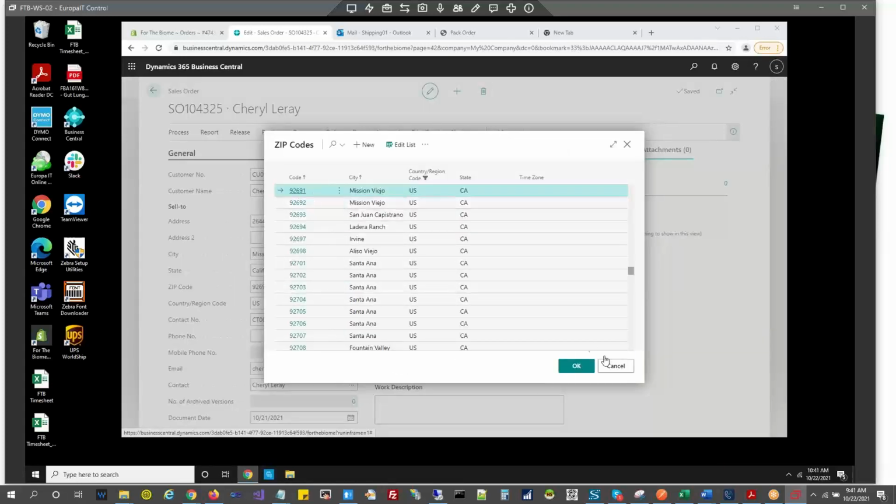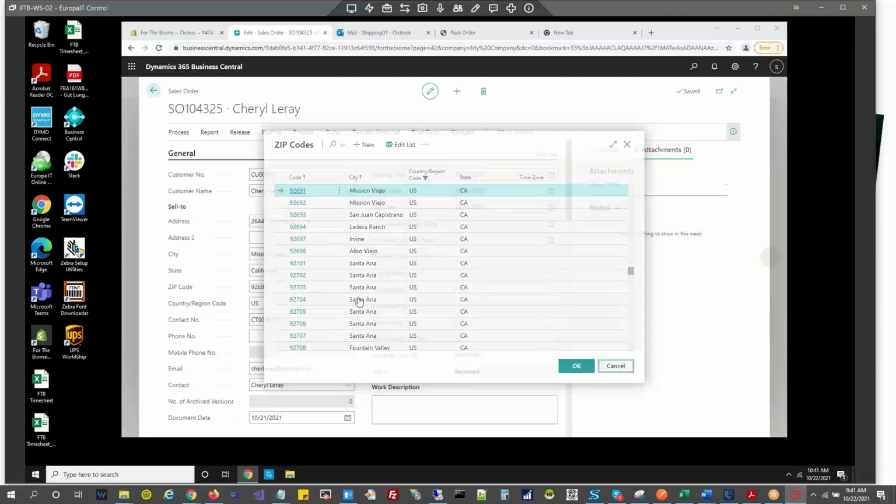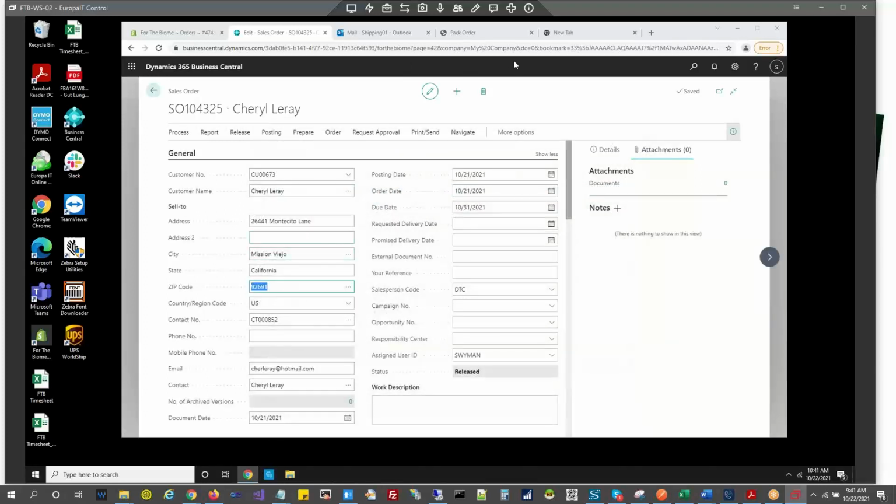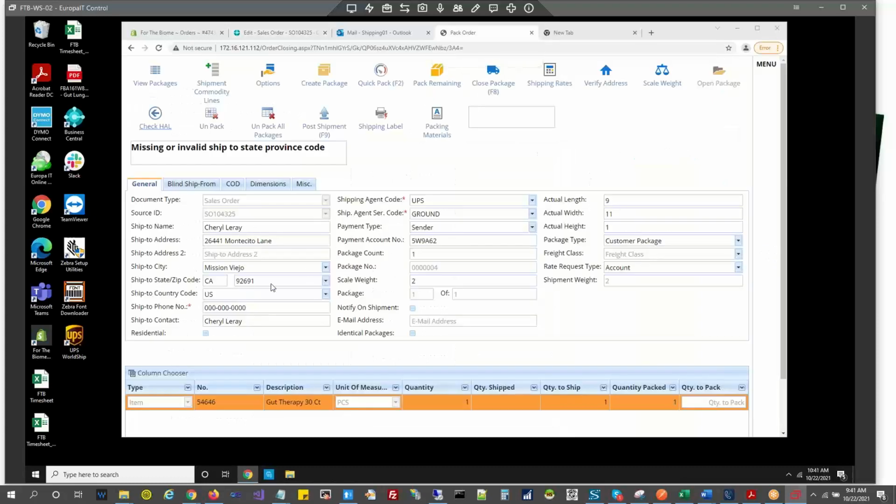If you select it again, it will populate this value to this particular field. With that, there is no need to change it in the shipping application, or else the shipping user has to change it every time. Okay. So I have changed the ship-to state information as well. Now I am closing it.